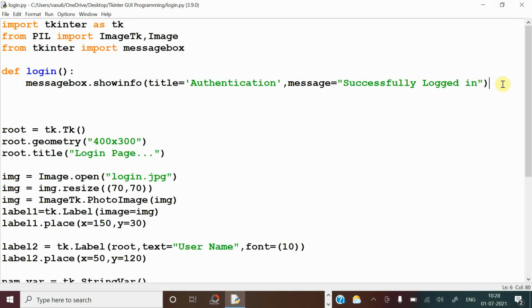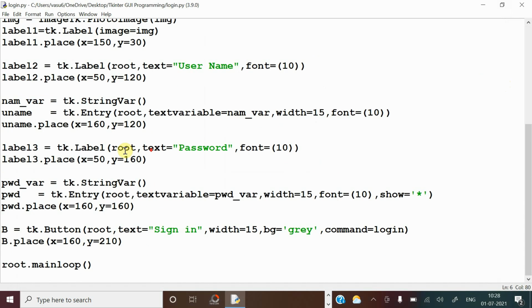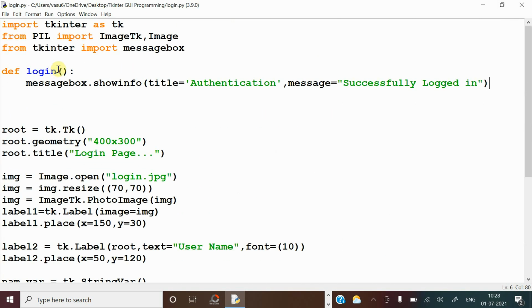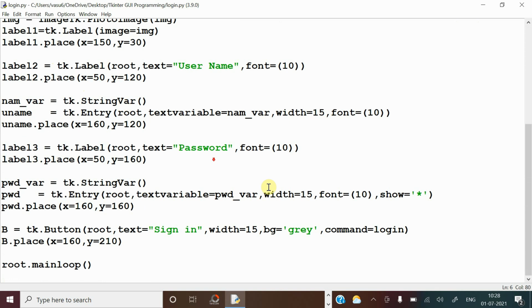Now instead of displaying like this plainly, whatever username and password the user is entering should be passed to this function. Whenever you want to pass parameters when clicking the button, you have to use lambda functions. Yeah, lambda login. So here you have to give the parameters. In which variable name has the username been stored, name underscore var. So name_var dot get.